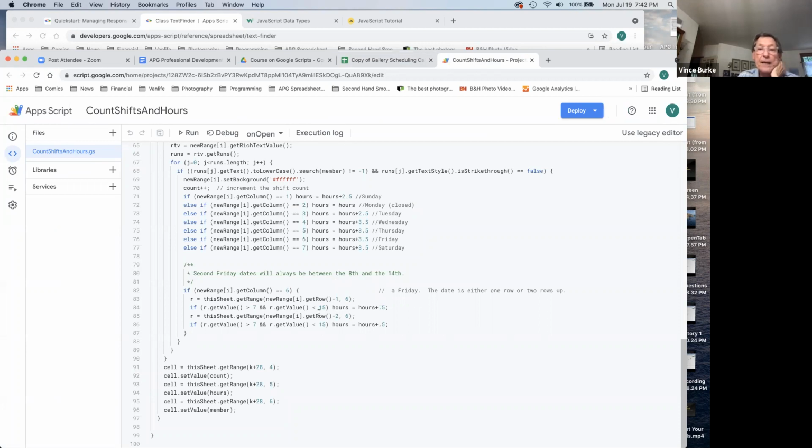And if the date is greater than 7 or less than 15, if it's between 8 and 14, then I increment the hours both times by another half hour. And finally, I write that data, get range, this shift, this sheet. Remember, get range, this goes back to the beginning. It's K, which is,